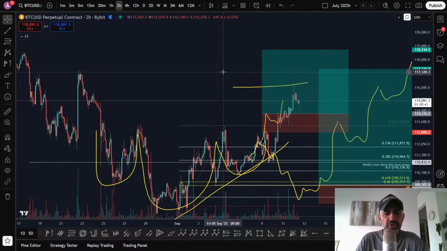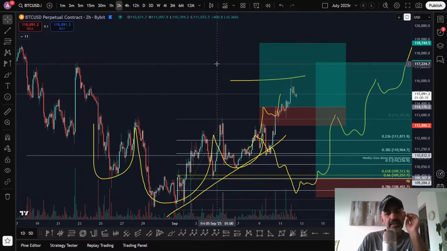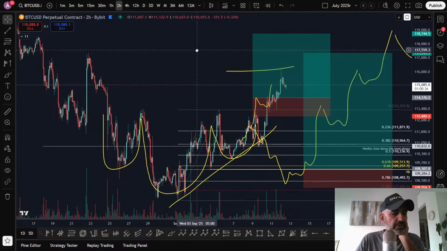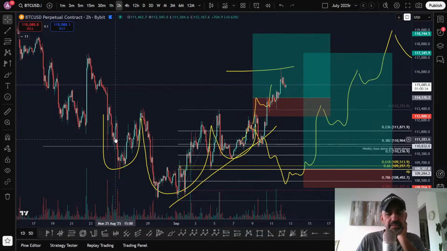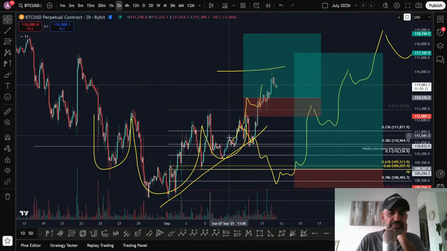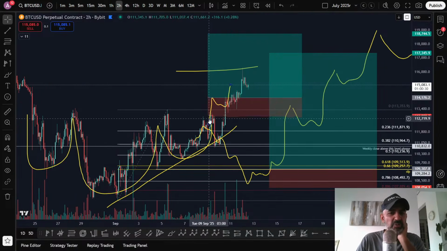All right, so on Tuesday, I was looking at two possible ideas on Bitcoin. I was looking at possibly an inverse head and shoulders, and I said that possibly what you really want is a breakout, and then you can take a breakout long. And then I drew this trade plan, and I drew this kind of trend line.